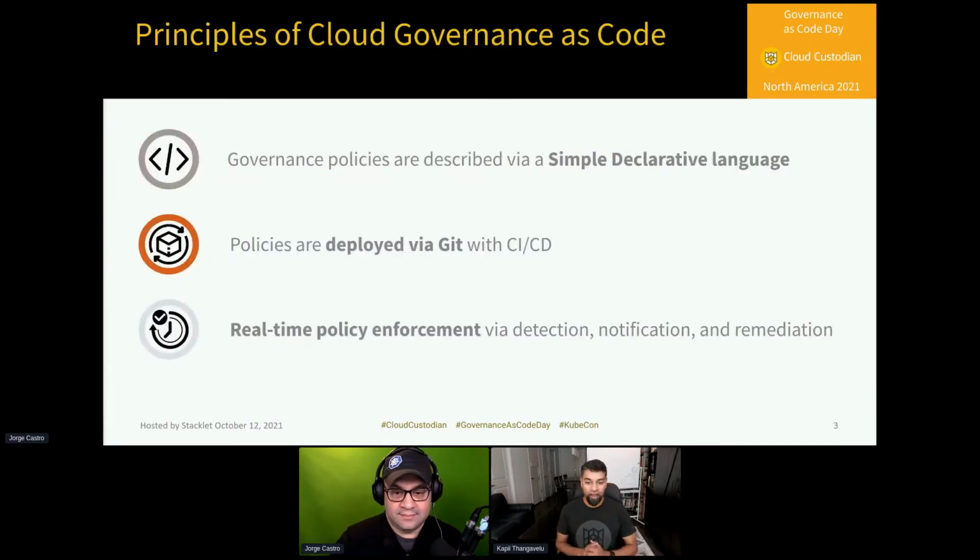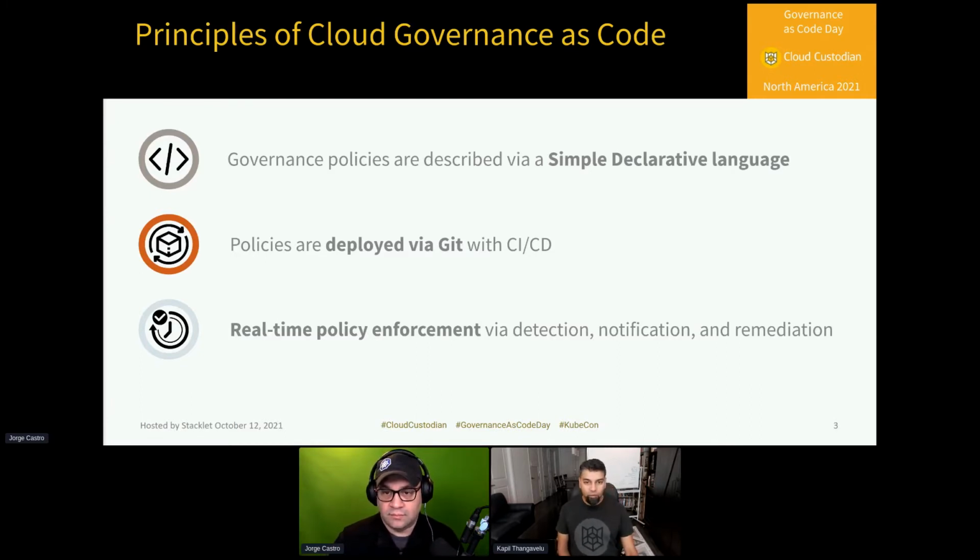But first, I thought it'd be useful to do a little bit of background around governance as code and Cloud Custodian itself. So a brief intro for those of you who are potentially unfamiliar with it. Governance as code, governance itself as a word can mean many different things. We use it to represent both security, compliance, as well as operations, cost optimization, really a whole manner of things intended to be all the grab bag of the things that you need to do to operate your cloud at scale and be well managed.